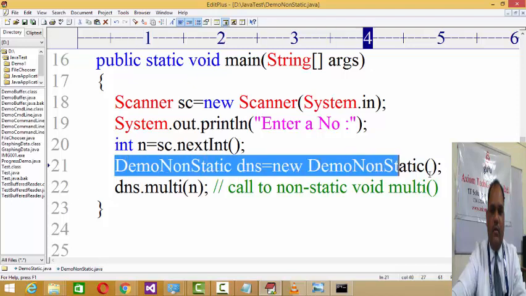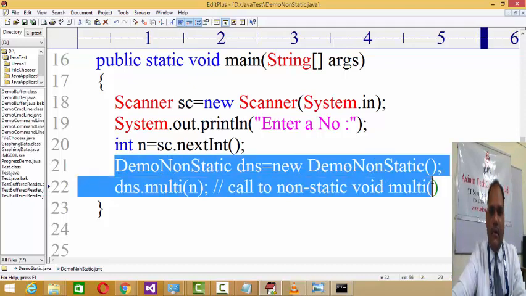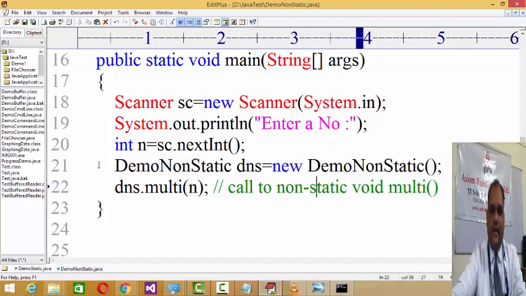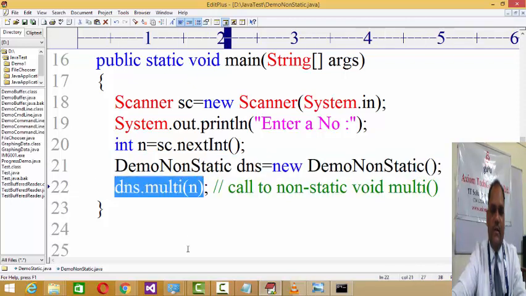If you try to call it by the class name, you will get an error like a static reference to non-static data. So you have to create the object like this and then give a call to that particular method. Hope you understand the difference between static and non-static methods.